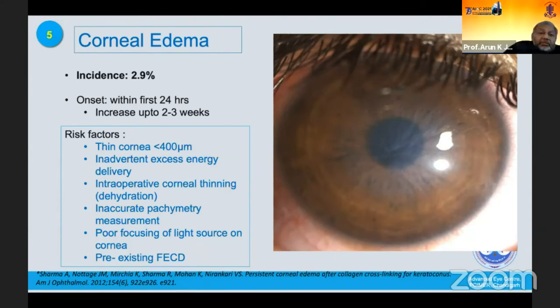And the risk factors involved are a thin cornea, less than 400 micron, inadvertent excessive energy delivery, or improper focusing of the ultraviolet beam on the cornea, or if there is intraoperative corneal thinning because of dehydration. That's why hydration is very important throughout the procedure. And with inaccurate pachymetry measurement, we may be overestimating the corneal thickness, and poor focusing, and if there is pre-existing Fuchs endothelial dystrophy. And